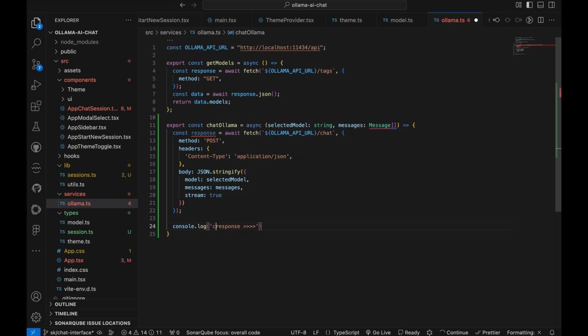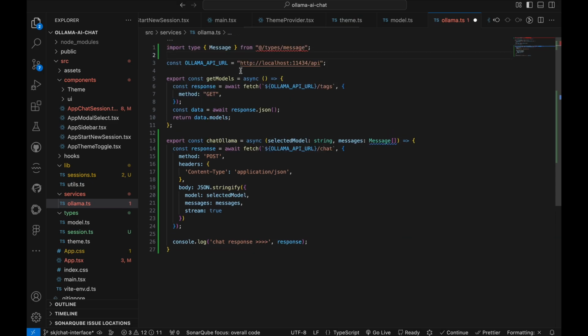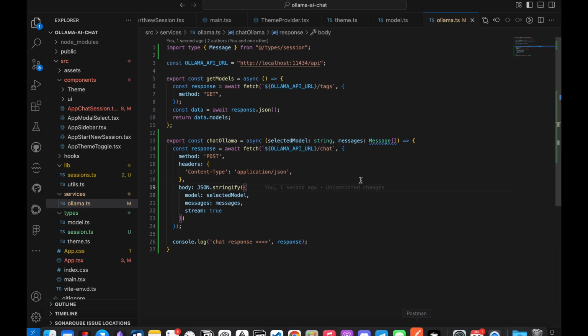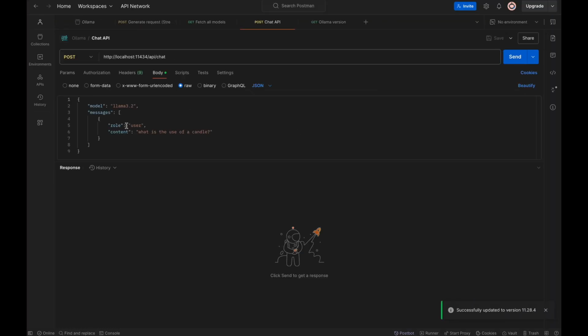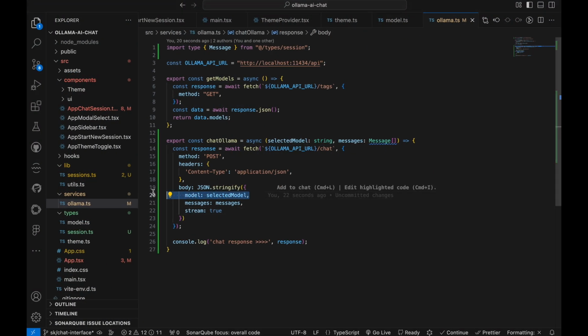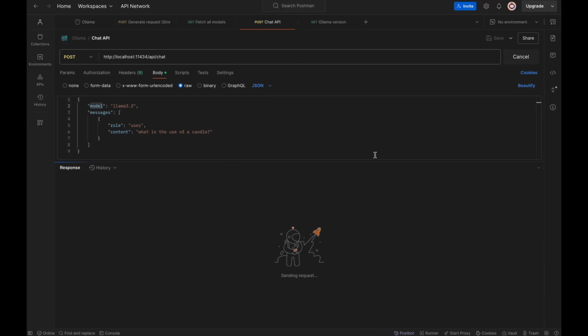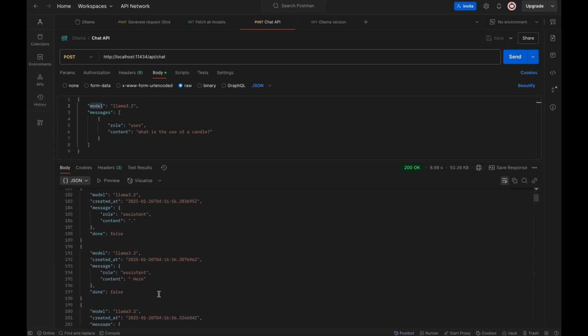And then we can log our console like chat response. We can do it in console. Yeah, let's import the messages type. Message type. That's it. So let's go to Postman and call our chat API once. So that will pass in model, messages and selected model messages, right? And send. So we got, see, you can see it's streaming, right? So the response is loading. So we got this particular response with all the